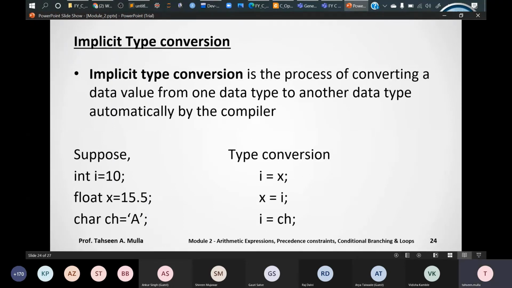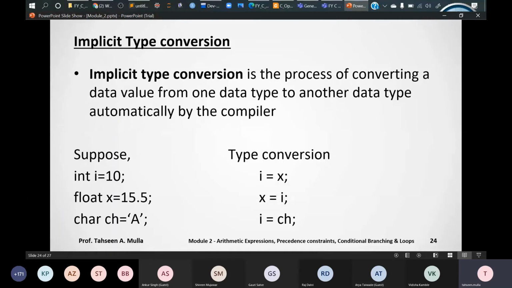Okay, and you do not have to write any explicit code to tell the compiler that the loss of precision can be ignored, right? That's why we mentioned here that it is done automatically by the compiler.